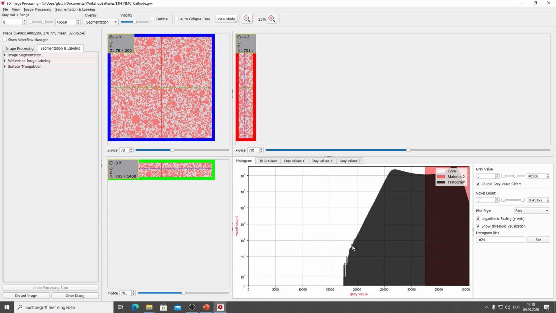Then on the bottom we have the gray value histogram, which you could also see in GeoDict 2020. This didn't change that much. You can see on the x-axis the gray values, and on the y-axis the number of voxels which belong to this certain gray value. So you can see that we have a steep curve going up, then a slight dip, going to another peak and then moving down again. These peaks normally represent two phases of the material, the solid material and the pore space.